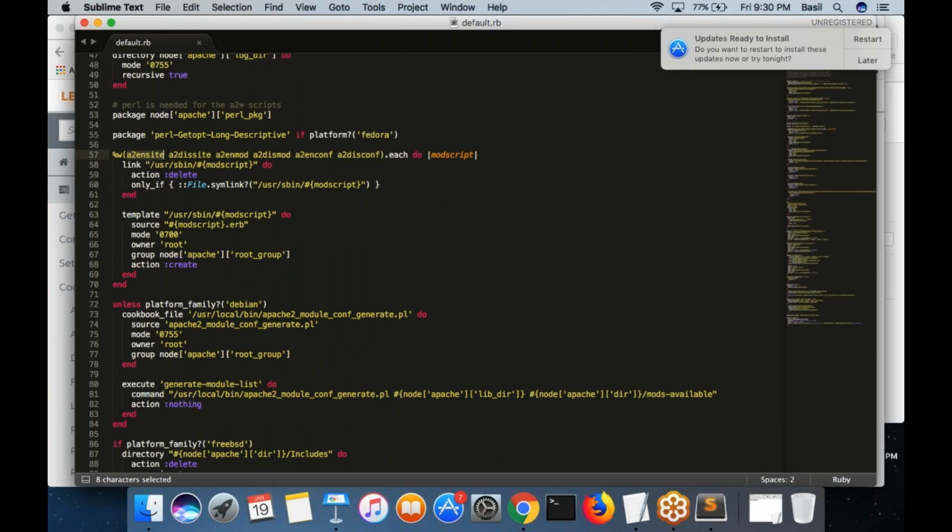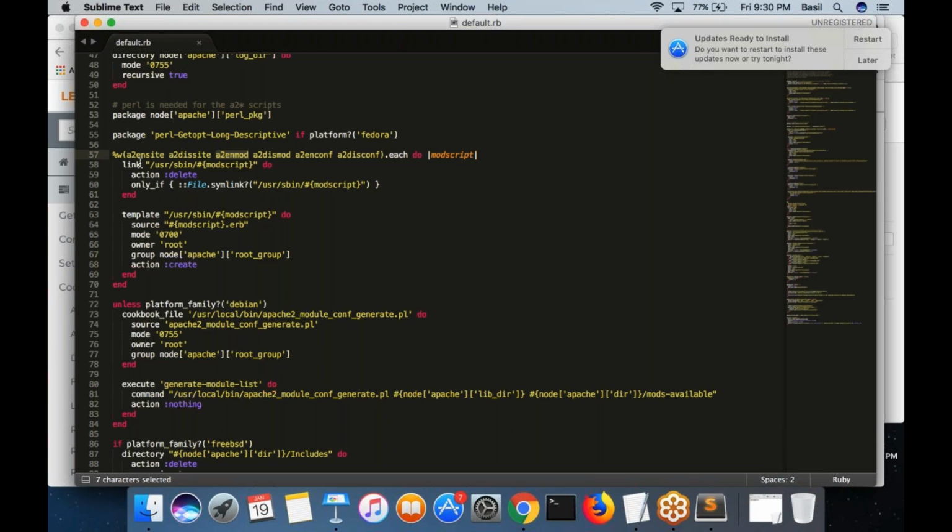You know these commands: a2ensite, a2enmod, basically for enabling a module or enabling a website. a2enmod, a2dismod, a2ensite, a2dissite. Basically, these are the commands that you can run in your Linux terminal to add a website or delete a website, add a module, delete a module. These are the different commands.